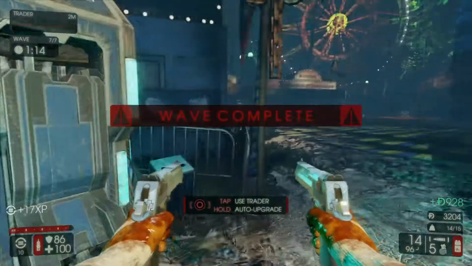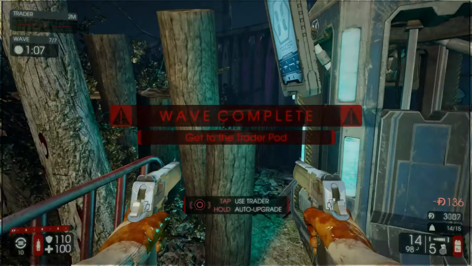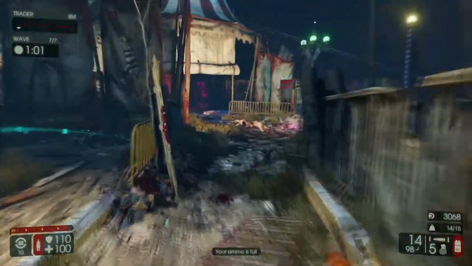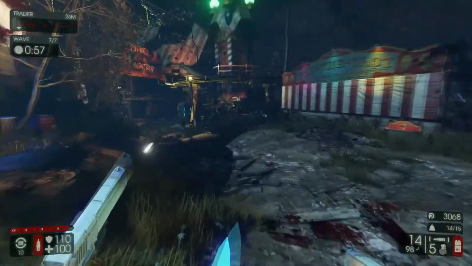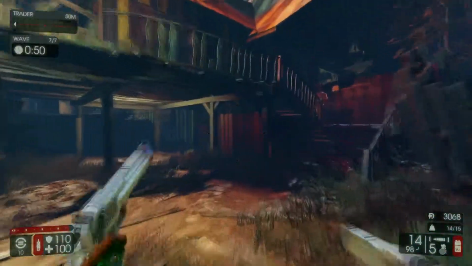Oh wow, I could have actually waited until this wave to go over... Oh, it's boss wave. Okay, boss wave. So, might as well cover this quick. Easiest way to survive boss wave is we go this way. Keep running. And now you can go up here or there's a way over there. All that matters is you get